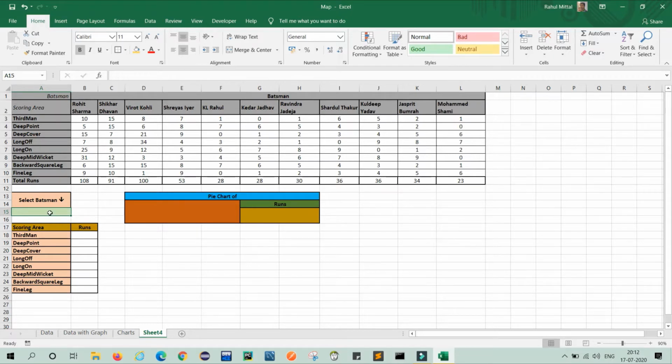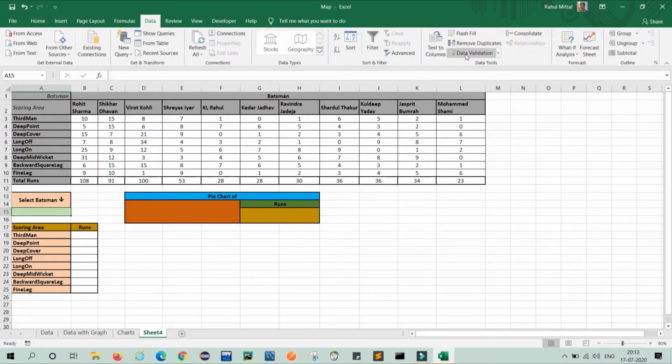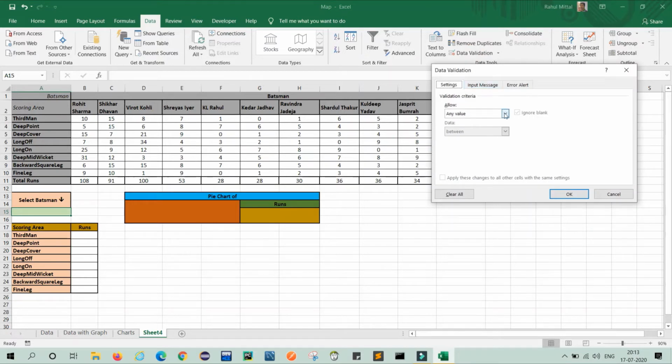For creating a drop down, select the cell where you want to create it, go to Data, and click on Data Validation. Select List and minimize that icon.